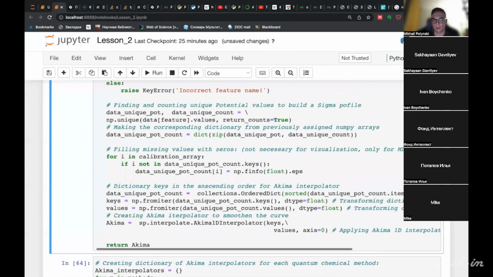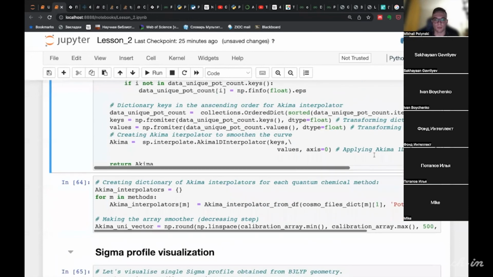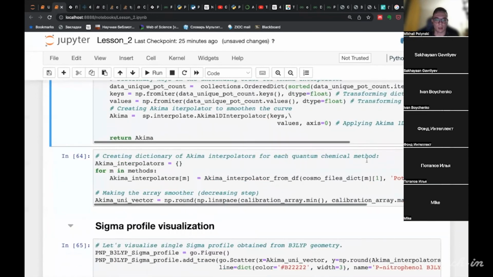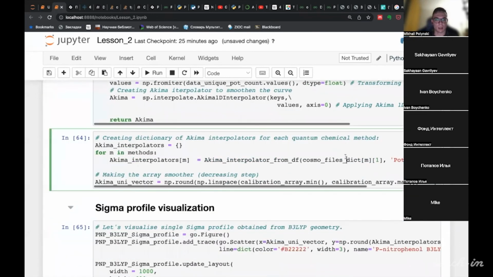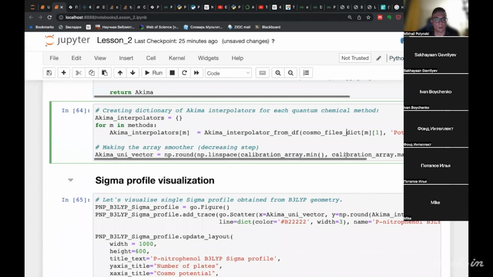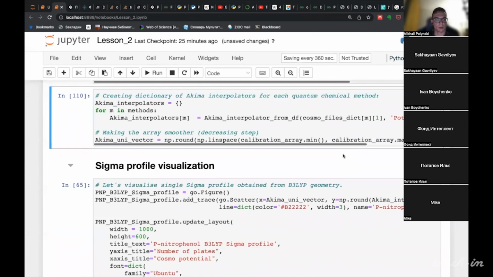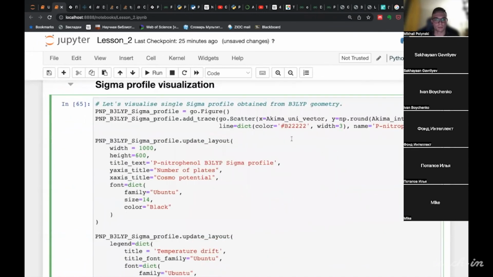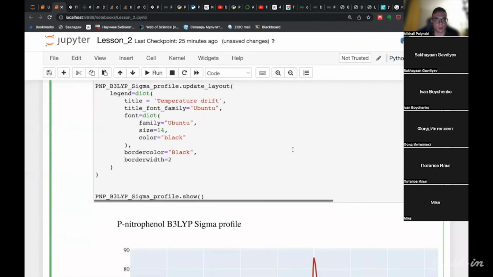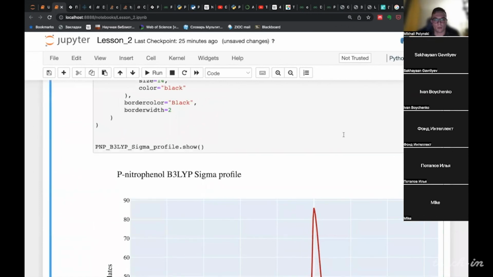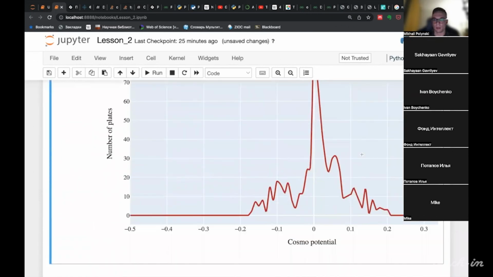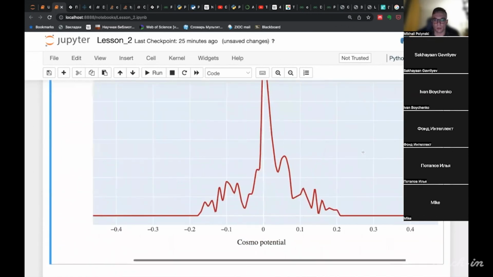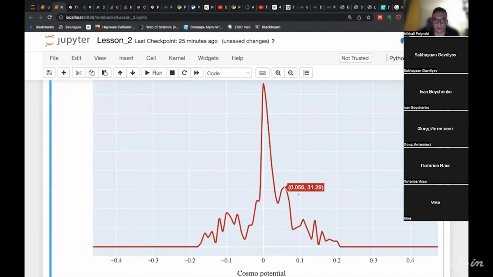In a nutshell, we do it for smoothing lines and obtain better figures, better plots, by using spline interpolation. We, for example, can visualize such a plot that has smooth lines.